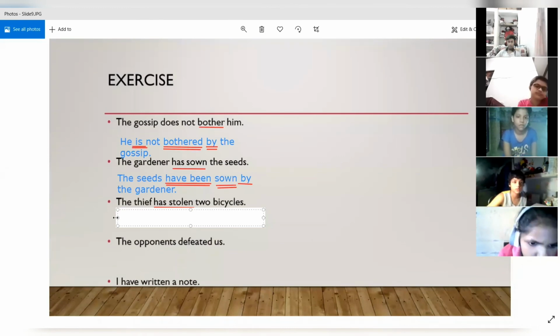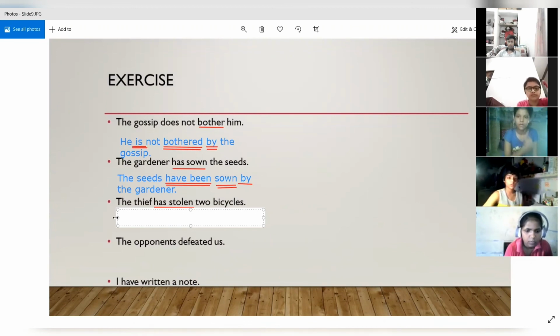You said was stolen, it was the case of a simple past tense. All right. If it was the thief stole the bicycle, then it would have been the bicycle was stolen, or the thief stole the bicycles, then it would have been the bicycles were stolen. All right. It was the case of simple past, but here we are talking about the present perfect form. So here it will be two bicycles